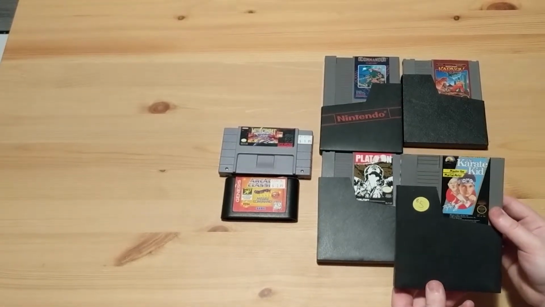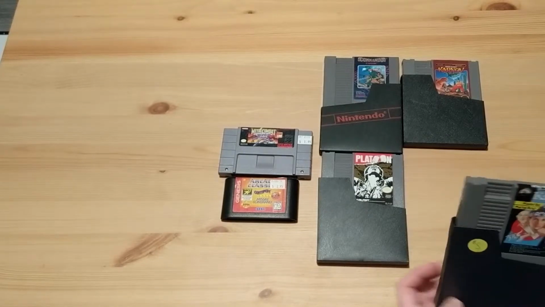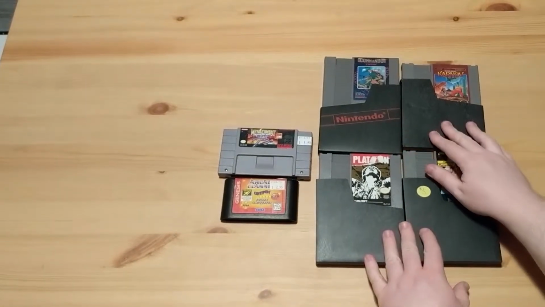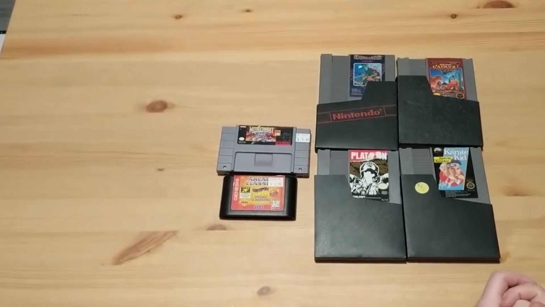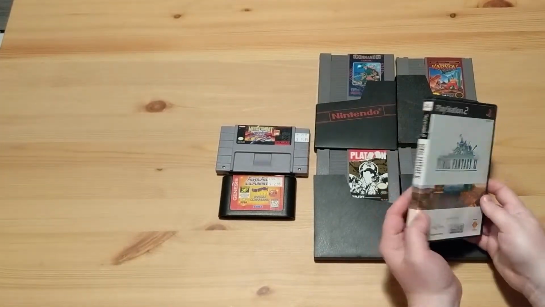The Karate Kid, the 4th one. These are all in pretty nice condition, actually. A little dirty around the top here, but nothing too bad. So that was a good pickup. That's the end game. I assume it's trash, but a good pickup to get. And then they also had some PS2 games, so I picked up Final Fantasy 11 Online,